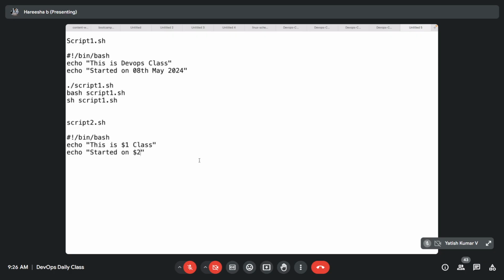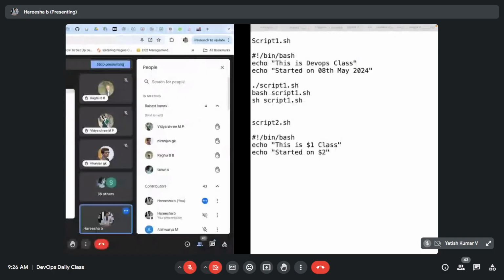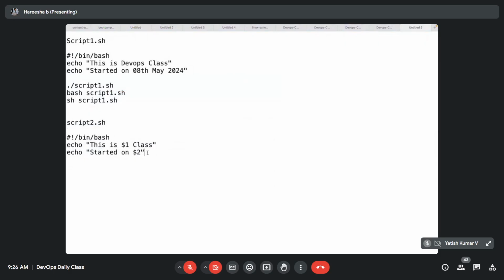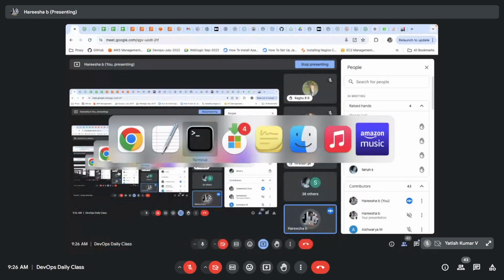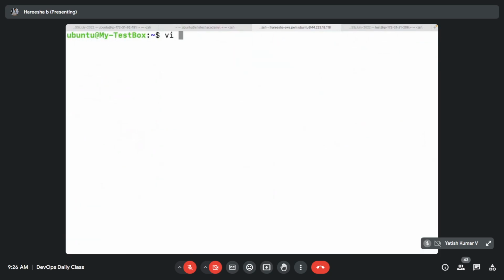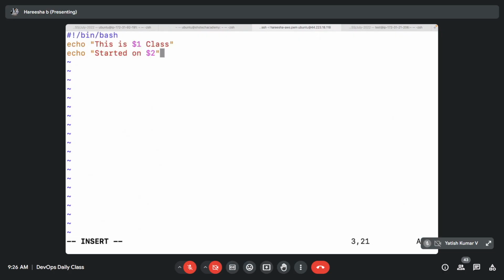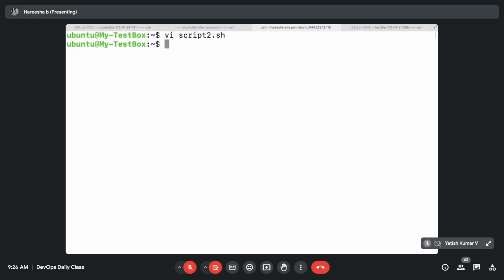Okay, first I will execute this and show the output, then we will discuss what is $1, $2 and all. So let me take this, create one more script, script2.sh, and paste $1 and $2. chmod +x script2.sh. Then if I run script2.sh,